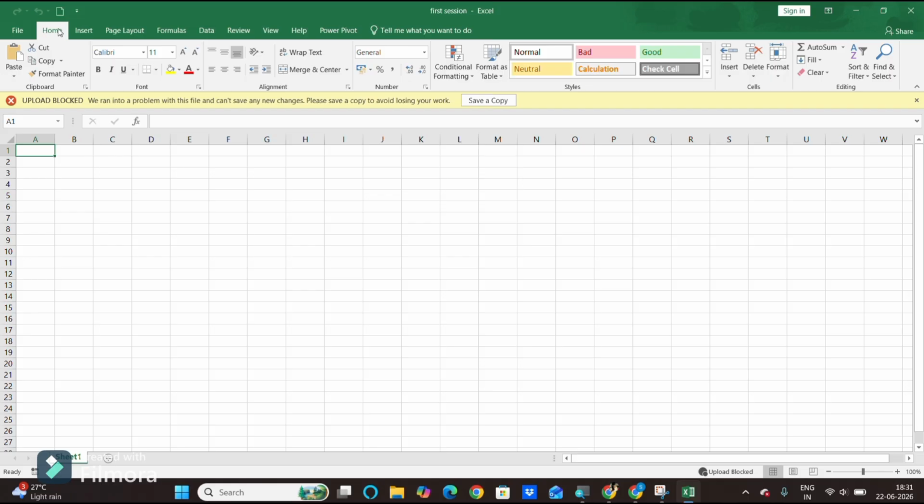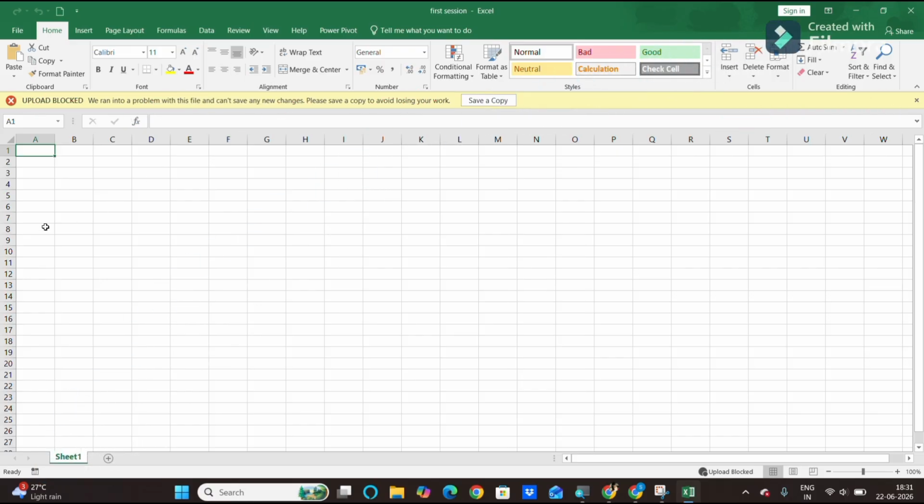So first of all, starting with the home tab. Inside every tab, your tools will be categorized into multiple, different groups, so that it is easier for you to remember the location of every tool whenever you need them. For example, I need a font color tool. I don't know where exactly it is. So I can remember it is in the home tab and it is in the font group. So it will be easier for me also to search for the tools. Here clipboard, font, alignment, number, all these are the group names that we have. Inside those groups, we have different tools.